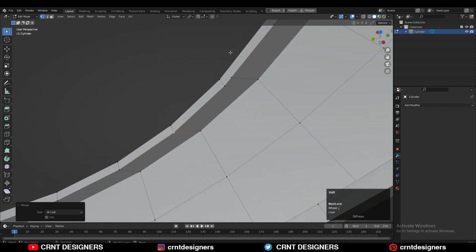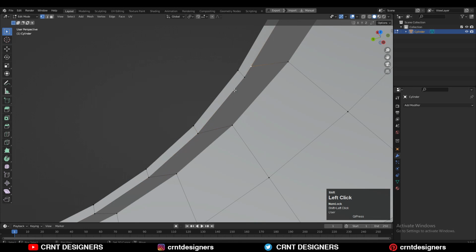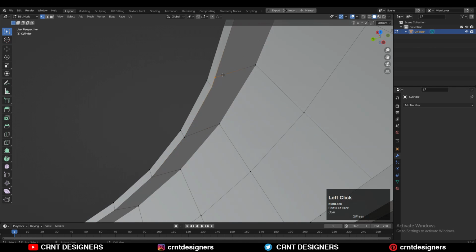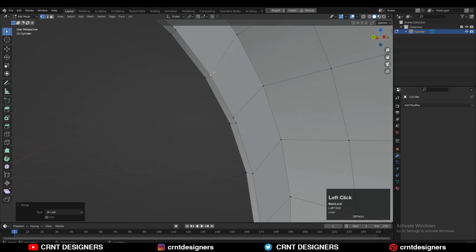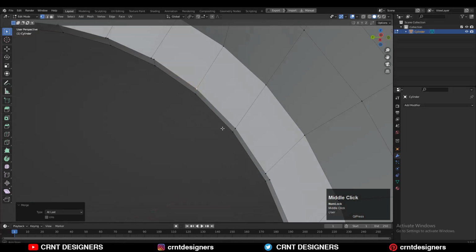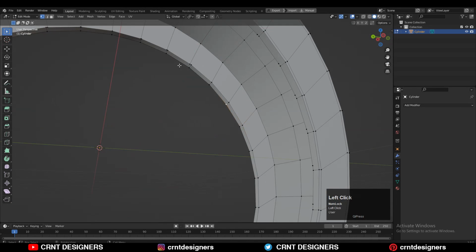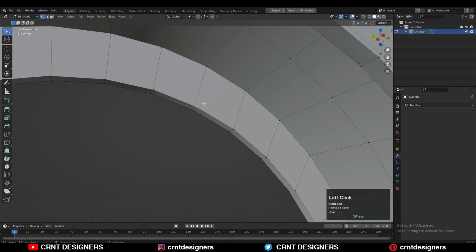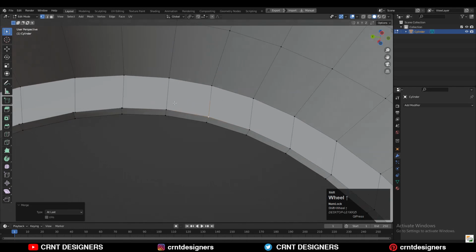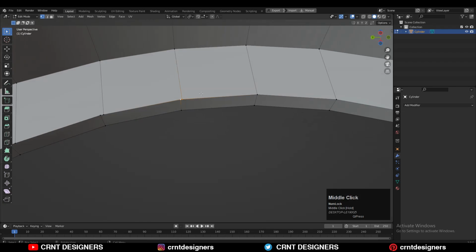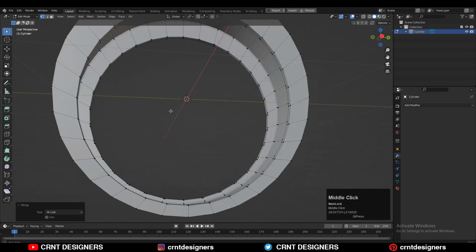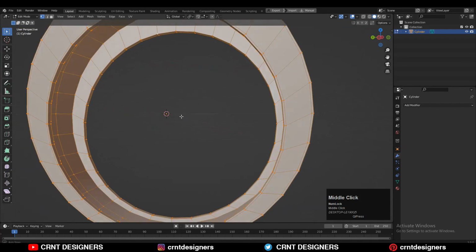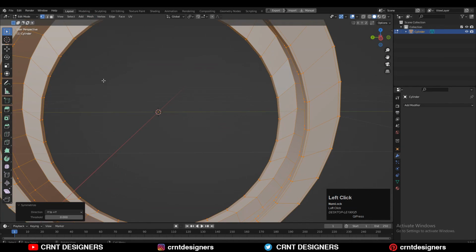So you need to just select these vertices and press M and merge at last, and then merge the vertices like this and just try to maintain that circular form there. So that's why you need to do it manually. If you are going to use merge by distance and if you increase the merge threshold to merge these vertices, it will try to merge the vertices at the center of those two vertices. So that's why it's better to use merge at last or merge at first and just try to maintain that circular shape, that circular form. And now that looks good.